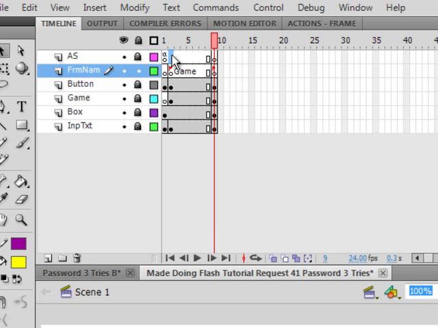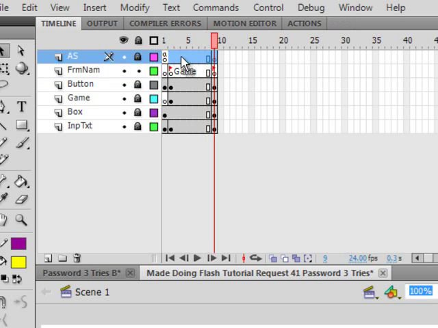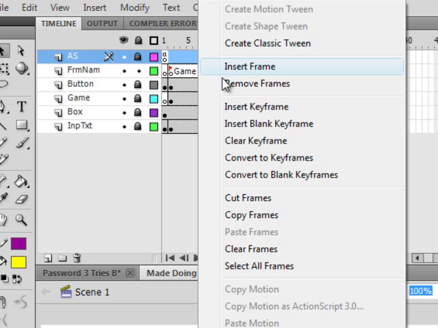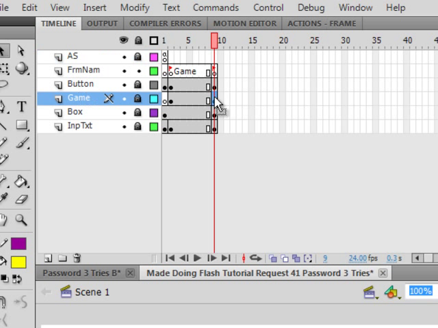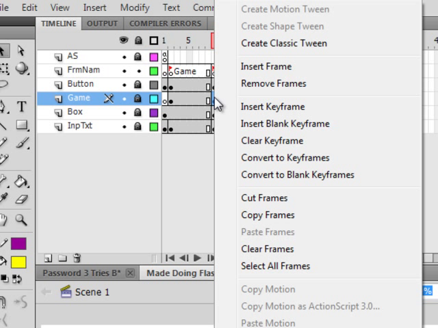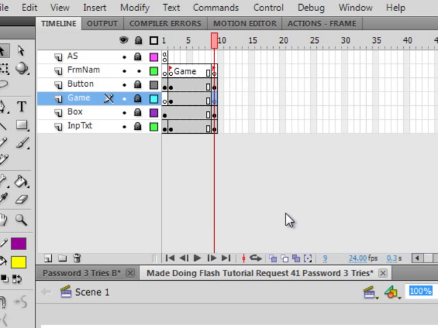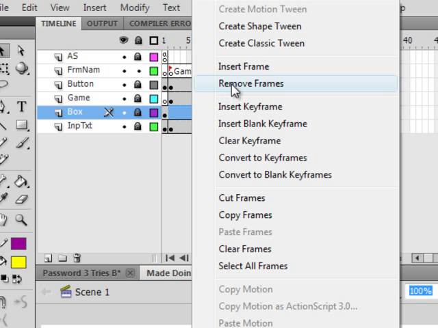Now we've got to clean this up a little bit. I want to select here, highlight all those, remove those frames. Then come down here to this game layer, and this frame here, right click, clear this frame, so there's nothing in it. Down to this layer here where it says box, click here, drag it right across, remove these frames,